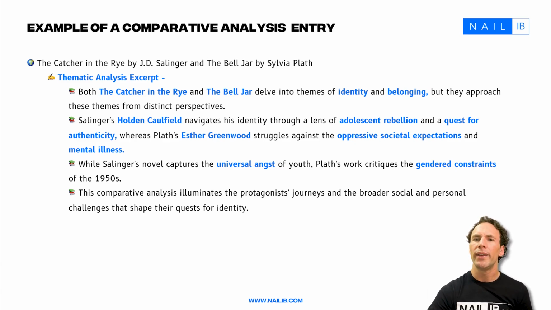Recognizing Wide Sargasso Sea as both a prequel and a critique of Jane Eyre shows an awareness of the intertextual dialogue between the two works. And this perspective really enriches the analysis by acknowledging how Rhys's novel challenges and reinterprets Brontë's narrative. The student highlights that Rhys's novel gives voice to Bertha Mason, a marginalized character in Jane Eyre, and this critical perspective adds depth to the analysis, showing how Wide Sargasso Sea provides a new lens through which to view Brontë's